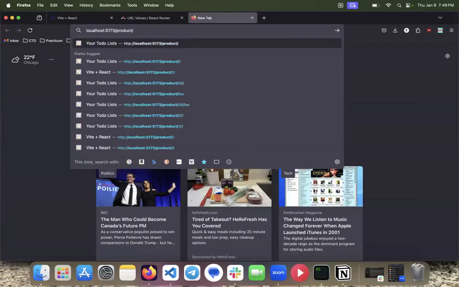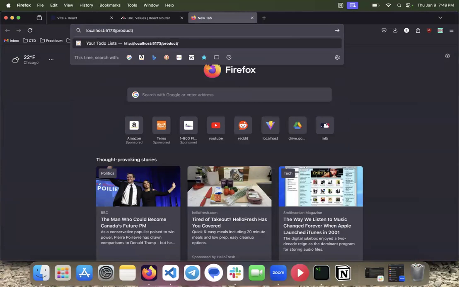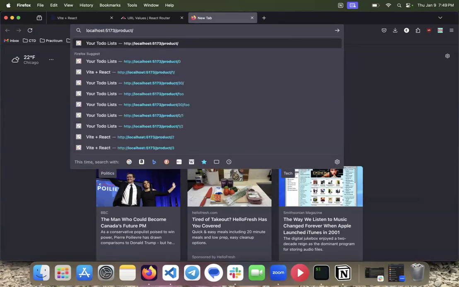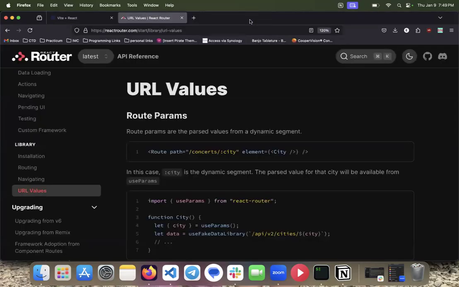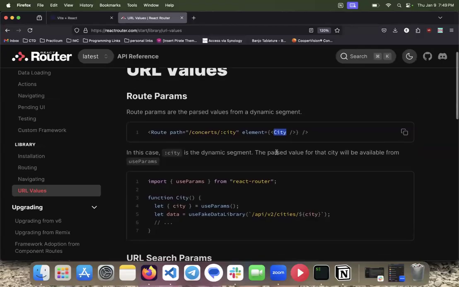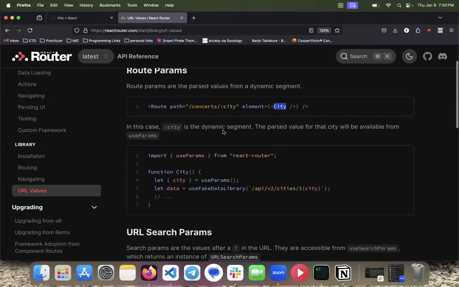Maybe one, could be some really big number, could be some string. Maybe we're saying that a product has to have a unique name. In that case, we could just put the name in here, so on and so forth. But this parameter we can actually access from inside of our code in order to read what the actual current value of that parameter is on the page. So this is just for reading in our actual code itself,